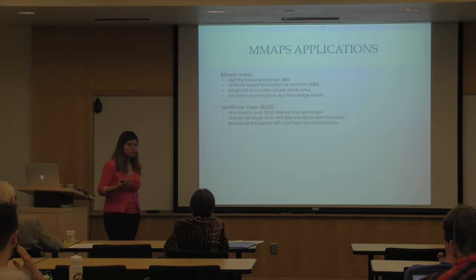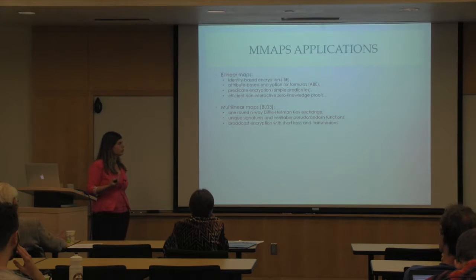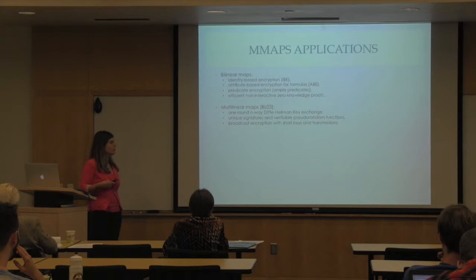When they introduced the notion, even though they didn't know how to construct them, they already gave a couple of examples that we can construct new primitives using this multilinear map. One of them was the one-round multiparty key exchange, which can construct new primitives, and they construct new signatures, they have also random constraints,